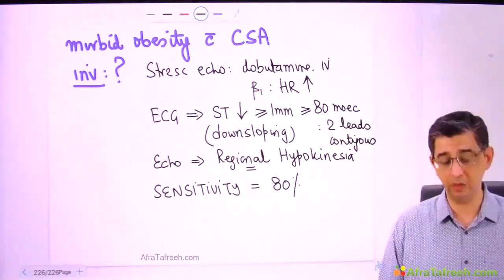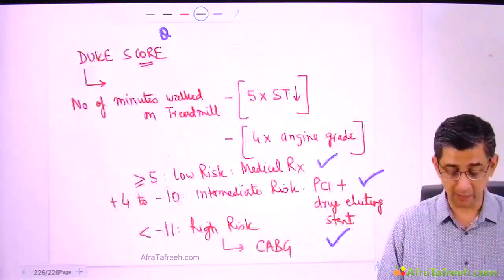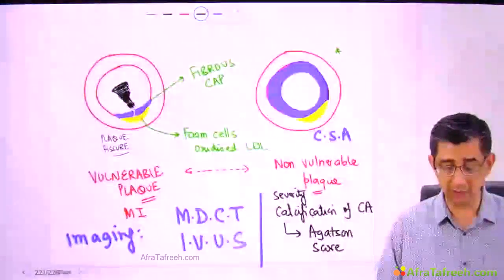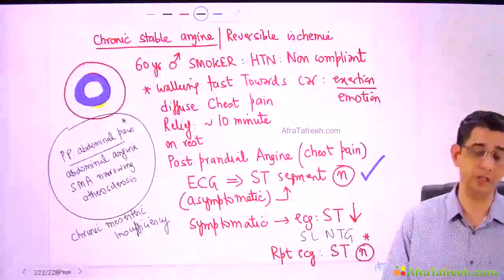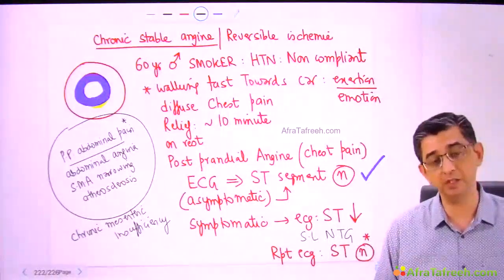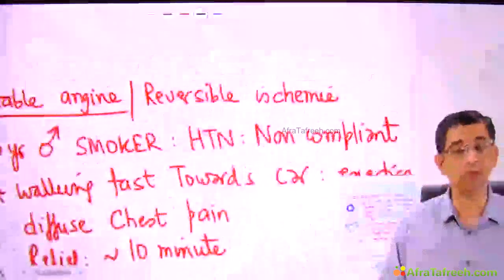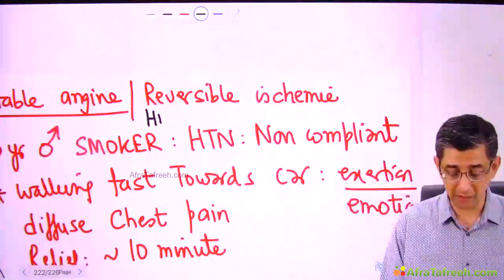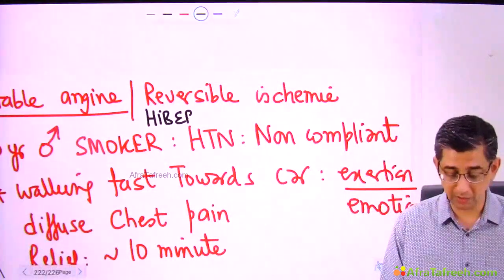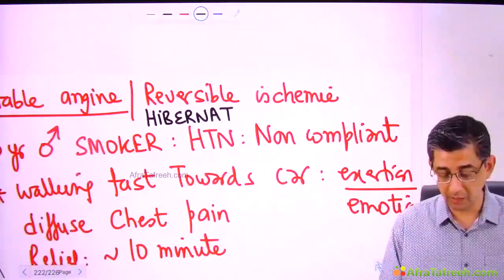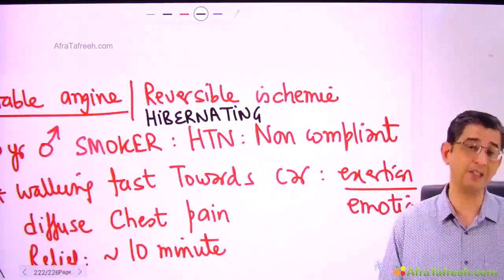At this junction, I want to highlight that in a lot of multiple choice questions, the current topic that we are studying, chronic stable angina, may not be written as chronic stable angina, or may be written as reversible ischemia. In fact, at this junction, I want to introduce a new term. This term, which is very extensively used in MCQs, is an alternative terminology, hibernating myocardium. Well, how to understand and remember it?